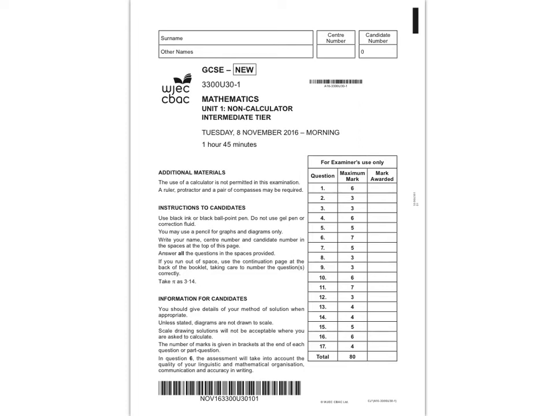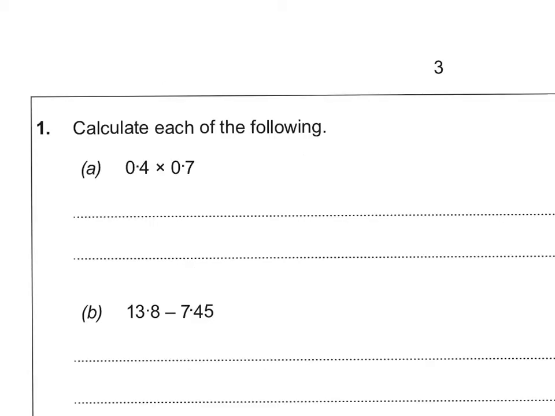This is a run through of the WJEC Mathematics Intermediate Tier November 2016 paper. Okay, question 1 is normally some generic number work. Looking at this, we've got 0.4 times 0.7. You may be able to do this mentally, however, if you can't, the strategy is to